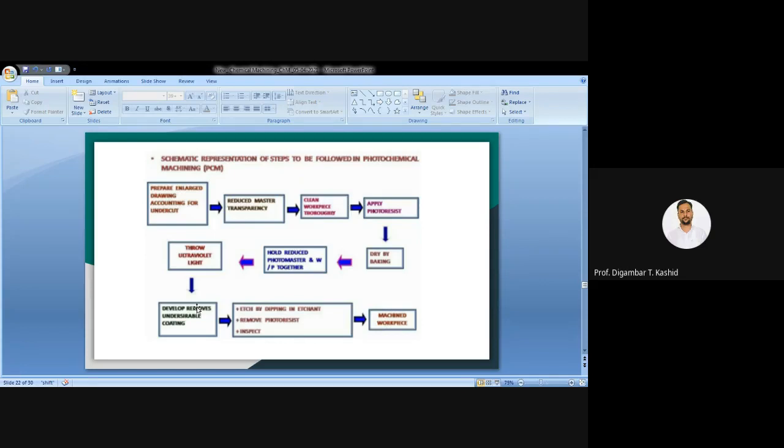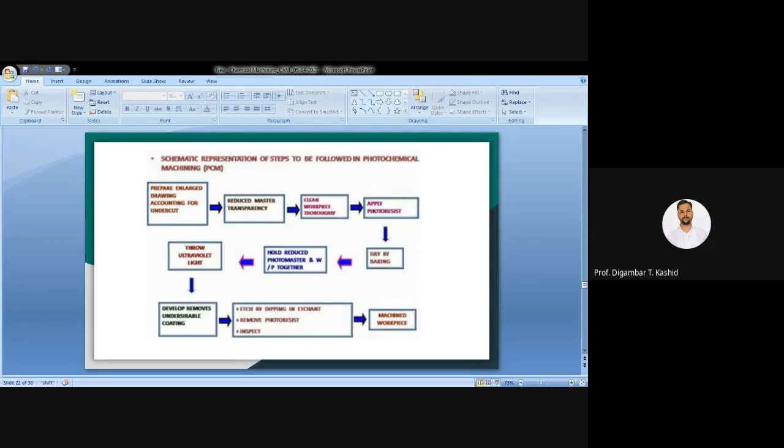And after that you have to apply that master pattern, that means your transparency paper or photo master film, over your workpiece. On that workpiece your photoresist will be there.